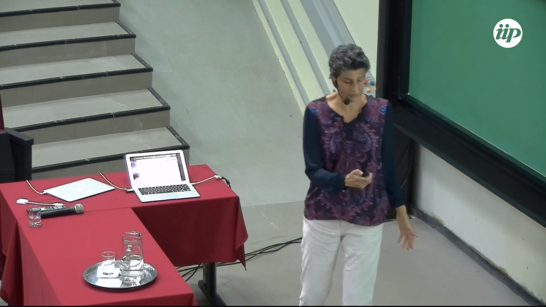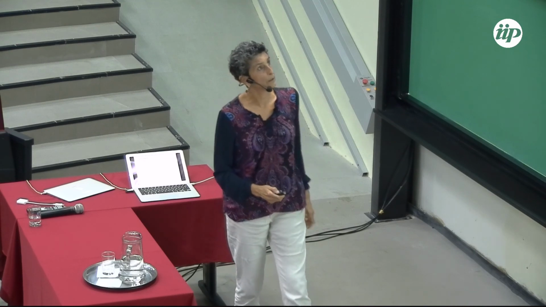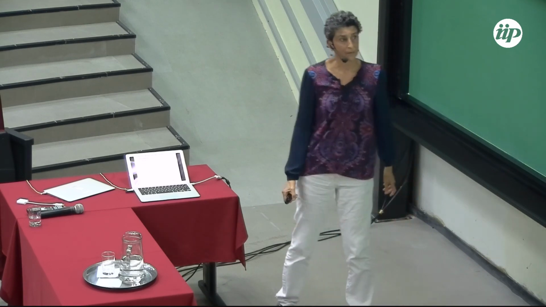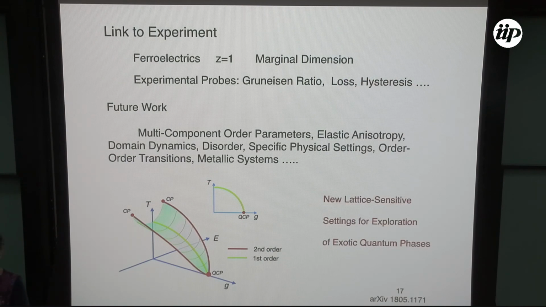So, just to conclude, sorry about the technical hitches, so we have time for questions. We've generalized the Larkin-Pikin criteria to the quantum case in the simplest circumstances of a scalar order parameter with isotropic elasticity. We find a phase diagram where we have a temperature, a tuning parameter field, here electric field, where we have a sheet of first order transitions that looks like this.